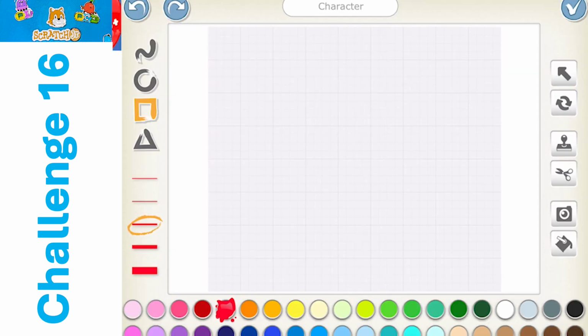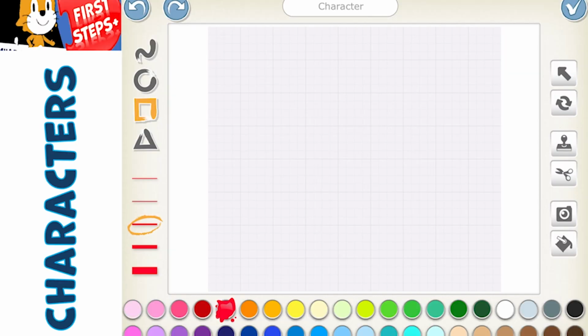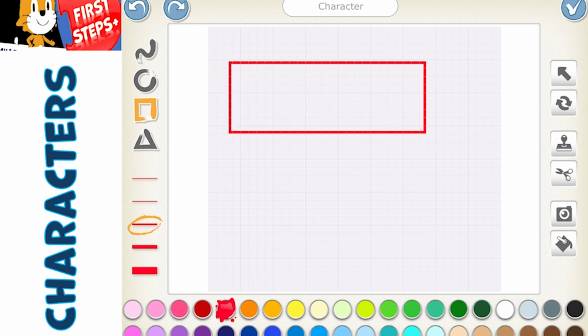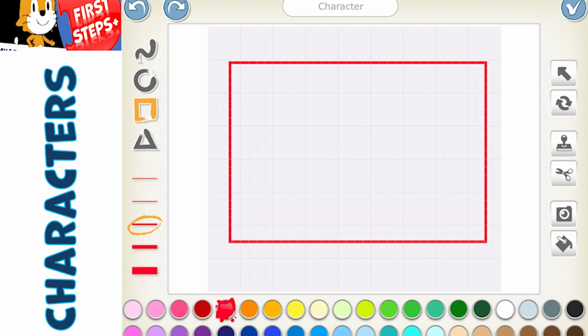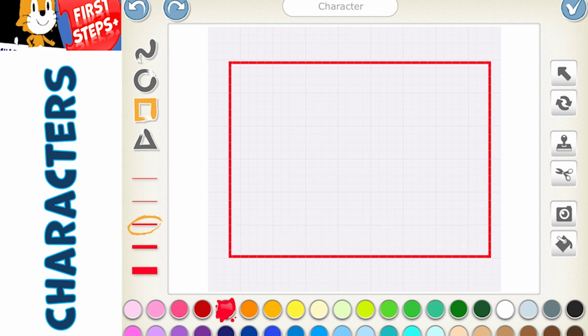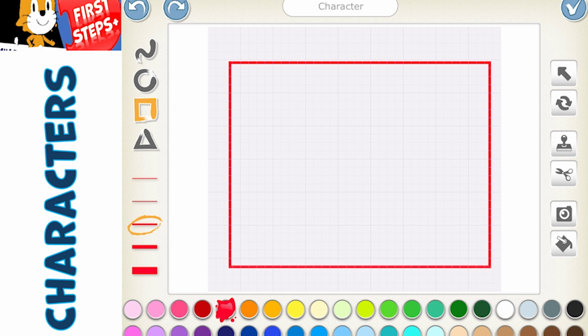a character. Before the challenge starts, you need to click the plus button under Add a Character, hit that blank page at the top, and then the paintbrush, or just the paintbrush. And you are going to draw a large shape. I like to use the rectangle tool. So draw a large rectangle, almost the size of the editor. That way you have a lot of room to take your picture, make it very big so it's easier to